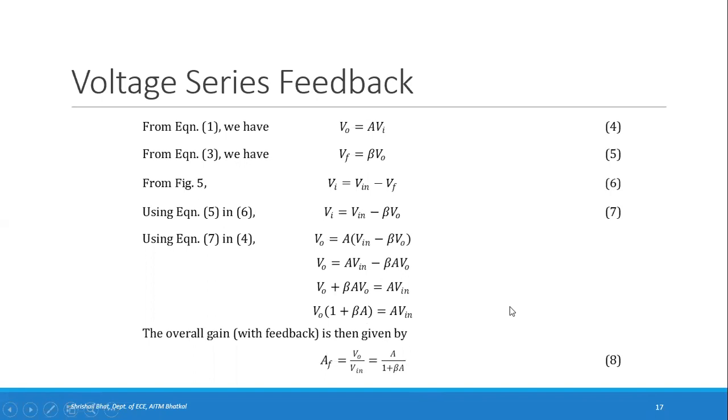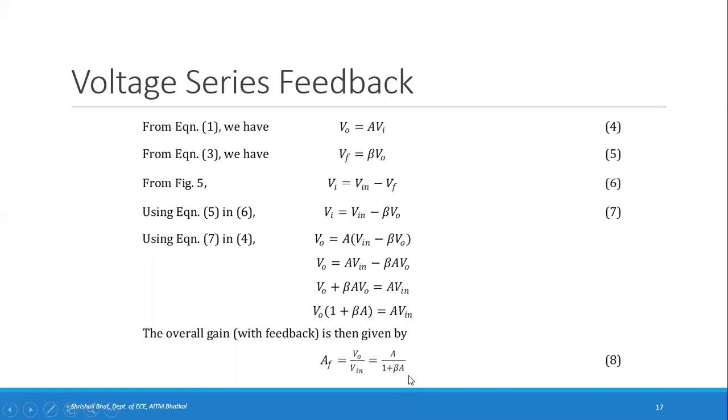Okay, in the exam, you might be asked to explain a voltage series feedback circuit and derive an expression for the gain with feedback. That is one of the very important questions. It is asked almost surely in the examination for 5 to 6 marks. So you need to write that diagram of the voltage series feedback and get this expression for AF, that is V naught by Vin, equal to A divided by 1 plus beta A.